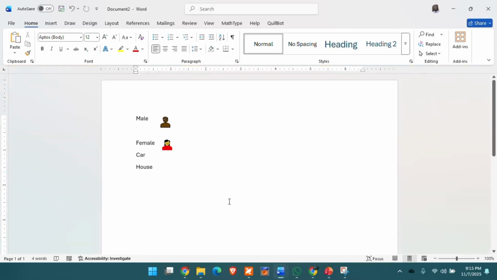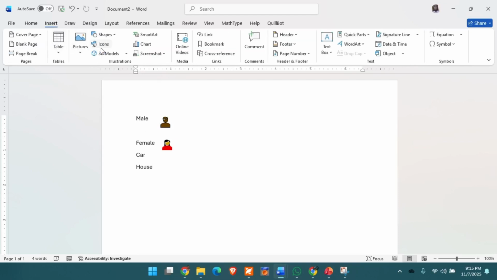So now I want to introduce text boxes and shapes. I will introduce text boxes and shapes so that you can see how your document can actually be turned into something very beautiful with these features in MS Word. So what do you do? You go to Insert. On the Insert ribbon you will see the shapes